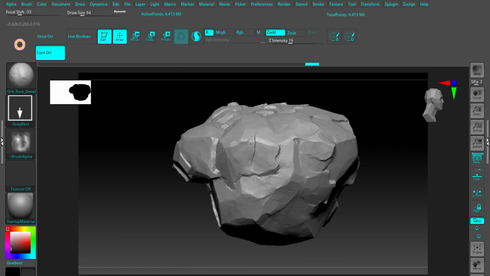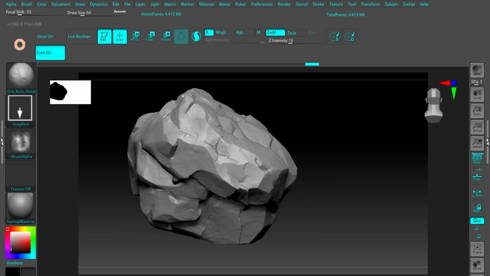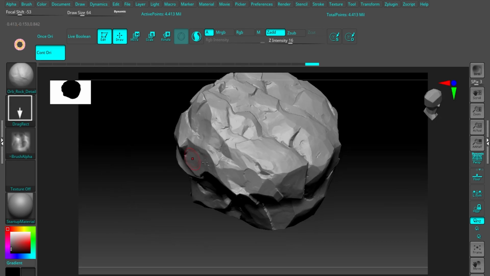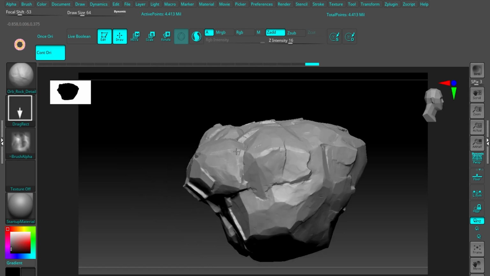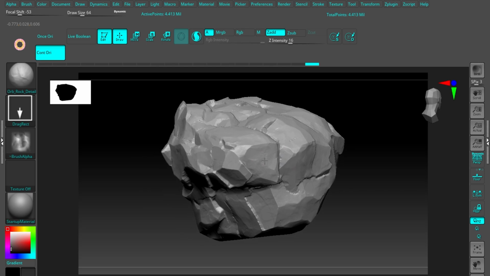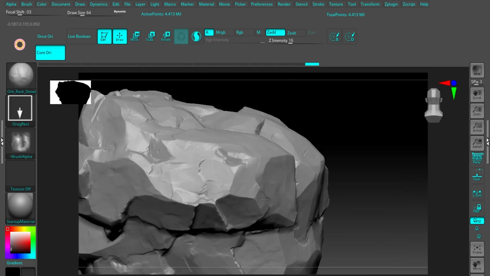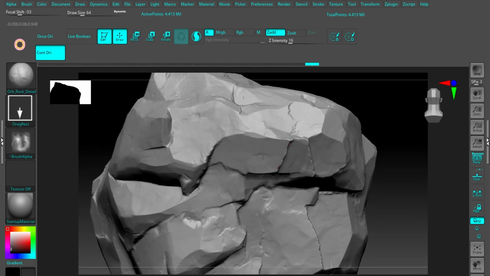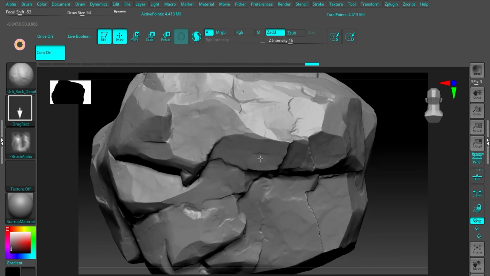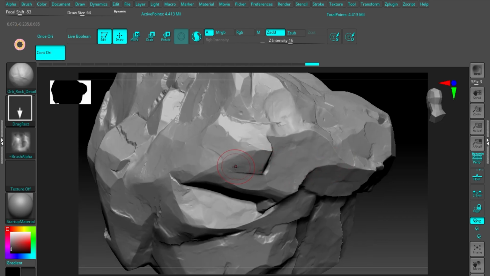That's it. And with that out of the way, I guess this is the final rock asset that you can see on your screen. And if you have followed along and reached this point, congratulations, you have made it through. And the next part of the tutorial will be coming very soon, so if you haven't subscribed to the channel yet, please do. If you have been following this channel for quite a while, give a like to this video, share with your friends,